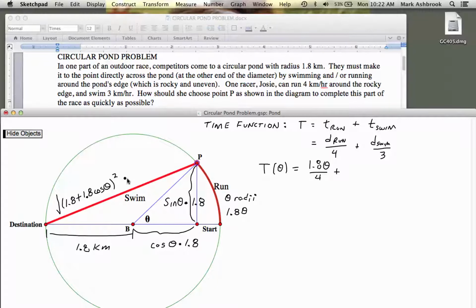And this would be our sine theta. 1.8 sine theta is the height of that right triangle, squared. If we take the square root of that whole thing, that's the length of that hypotenuse and the distance that she swims. At the end of this video, I'm going to show you how to simplify this whole hypotenuse here,